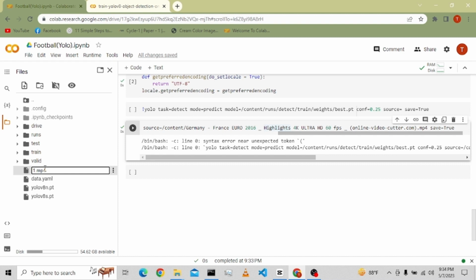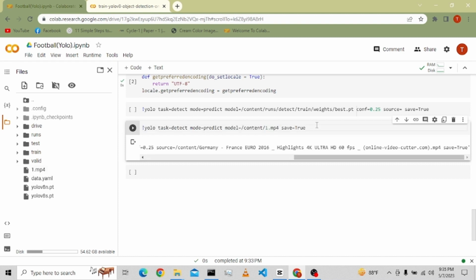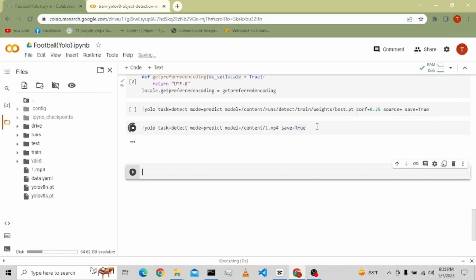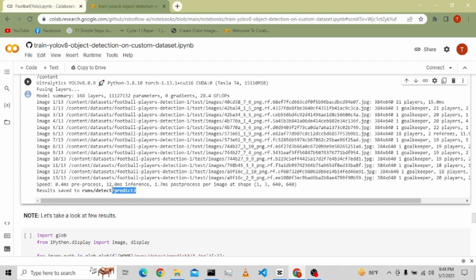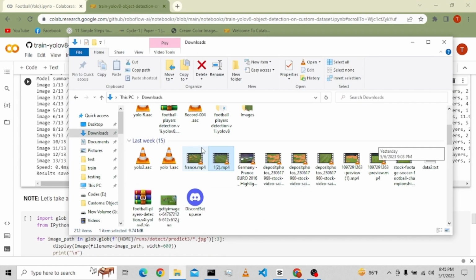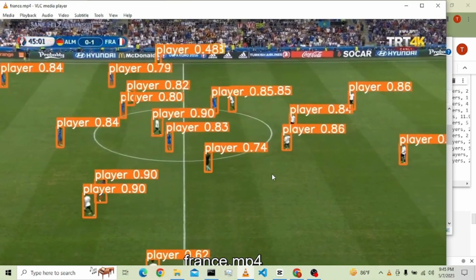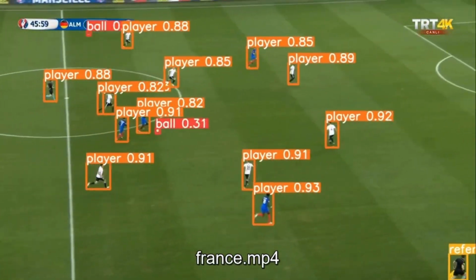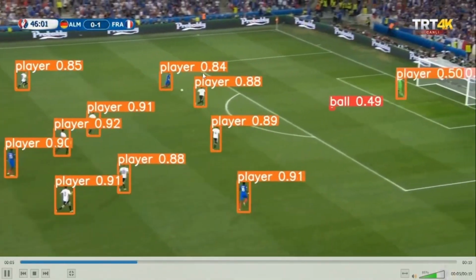Okay, so let's provide the path. The name was really too long. I have the predicted video in runs/detect/predict. I already downloaded the video. If I show you the video, this is it. The accuracy is really decent. It's detecting the ball also. This is a goalkeeper, I guess, and it's kind of